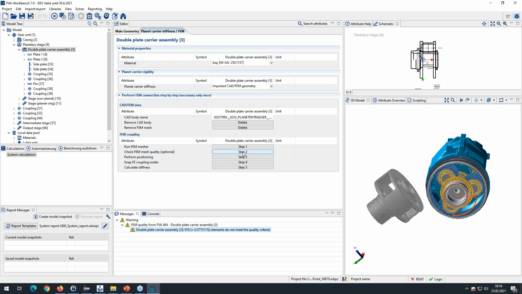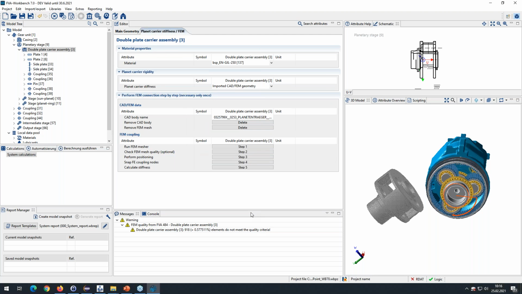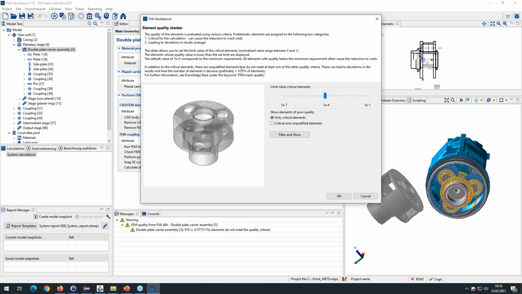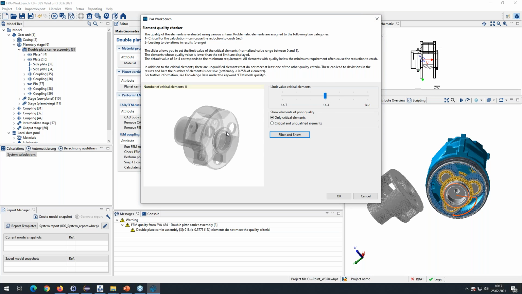So we can do this optional step 2 here, run this quality checker, and then you really get a view on those elements which are distorted. It's recommended to have these distorted elements a little bit lower in number. And what is also very interesting, there are so-called critical elements. They're super flat and usually lead to a failure of the FEM solver. So there should be none of them, which is good here. And if we switch to the second option here, we get all those elements which are critical and unqualified. And the unqualified, these are now these